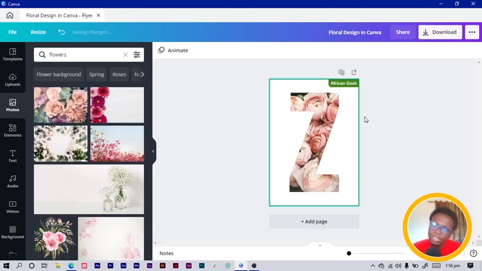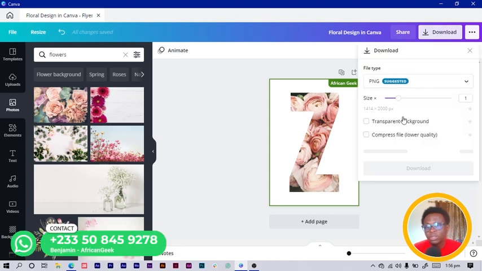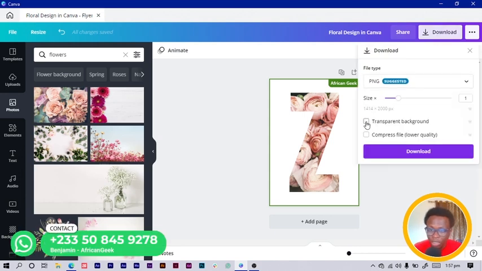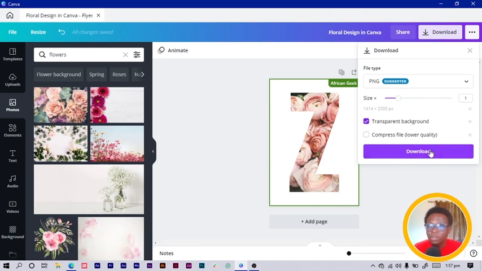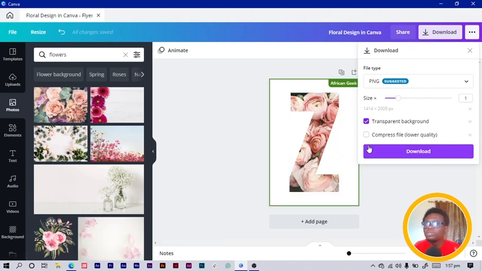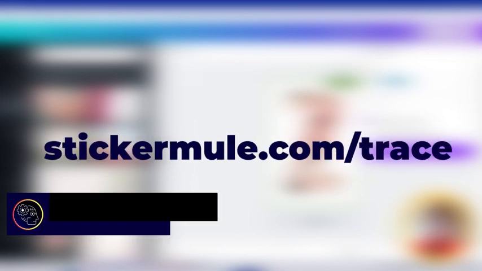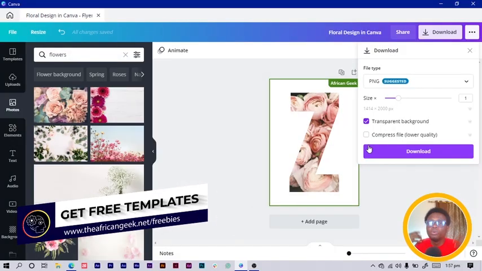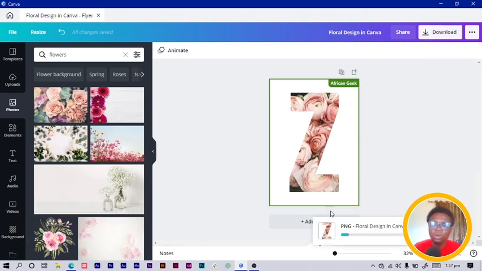Okay, now that you're done, what you have to do is to download this photo. So if you're on Canva Pro, you can download it with a transparent background, but if you're on the free version of Canva, all you need to do is download the photo. Okay, and after you download it, you can use remove.bg, or you can use stickermail.com/trace to remove the background, because once you download there will be a white background, so you just have to remove the background, and that's the only additional step for you. Okay, but if you are in the pro version of Canva, you just have to take transparent background and download. So since I'm on the